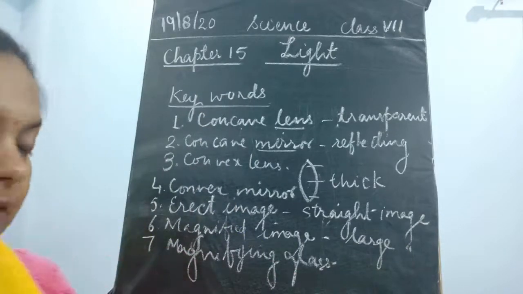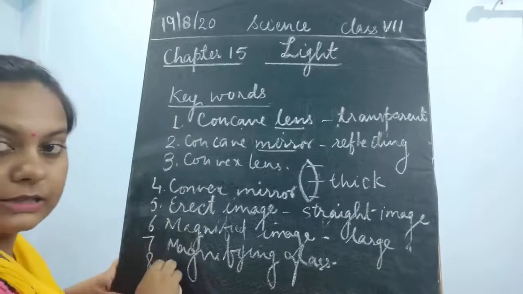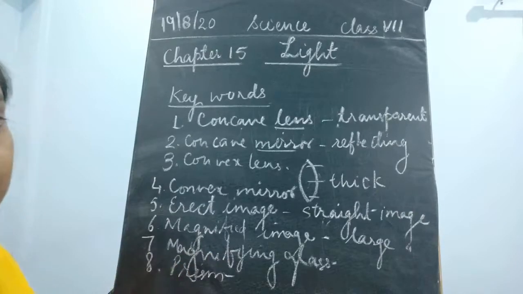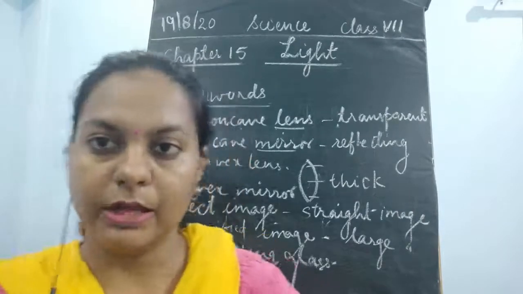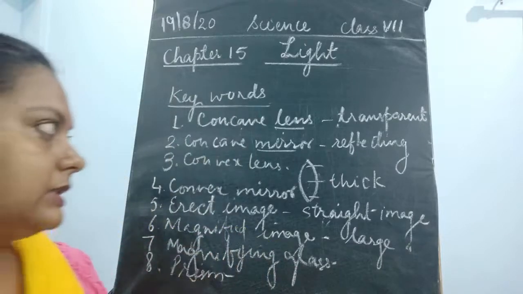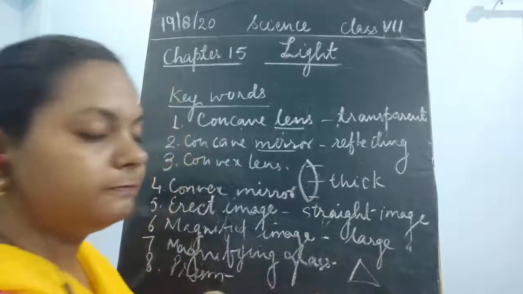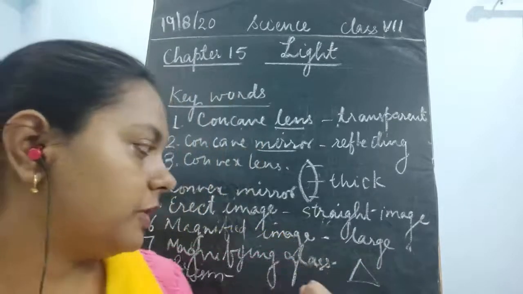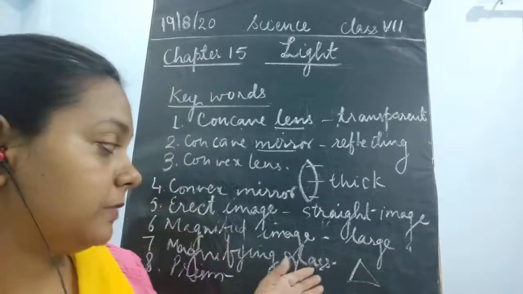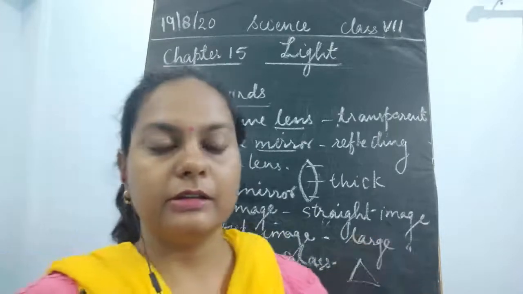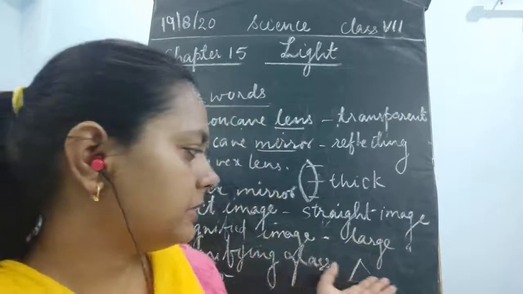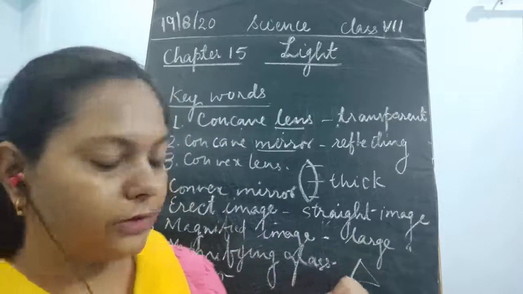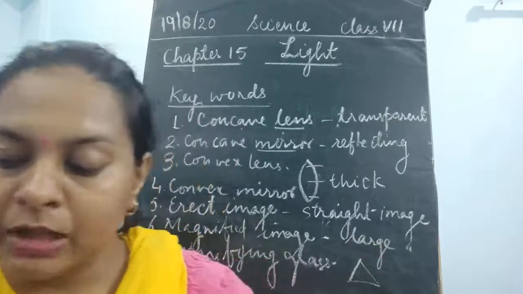The next word is the prism. Now what do you mean by a prism? Prism is a 3D structure of a triangle, which has different sides. It is a 3D model of the triangle, and this is what is being used for refracting the light rays. It is also made of glass. When the light passes through this prism, it is going to refract, it is going to disperse. So this is an instrument which is helpful in the dispersion of light also. Okay, so this is about the prism.